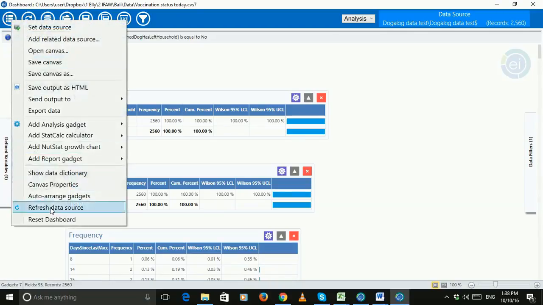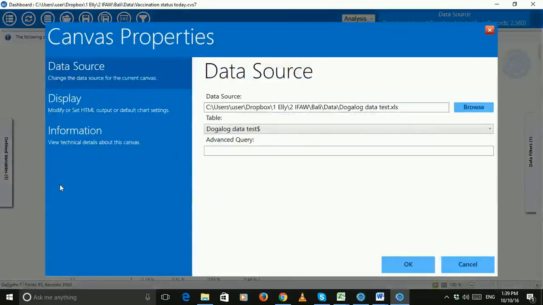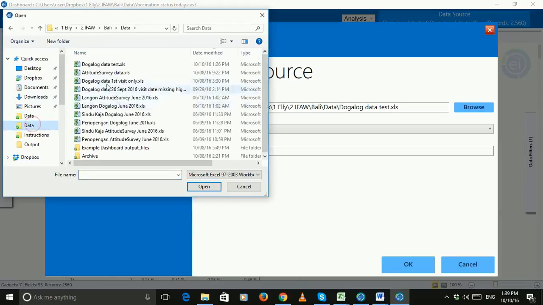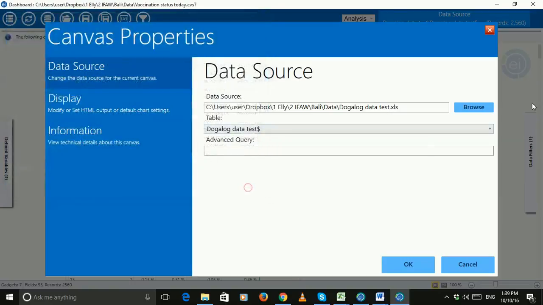If you go here to Options and go to Canvas Properties, here it tells you which data file you are analysing, and if you like, you can always go browse and select a different data file, whatever you fancy from in here. So you can choose it anywhere on your computer,